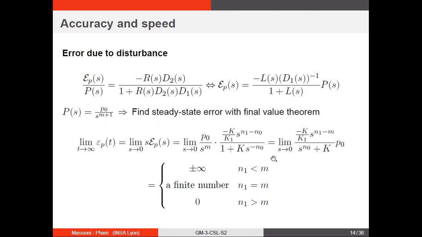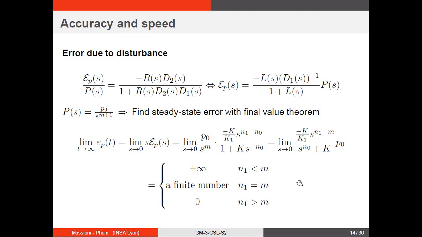And by doing exactly the same computation as before, you can work out the limit, and basically you get that the limit of the error due to the disturbance goes to 0 if the numbers of integrators N1 in D1 is greater than m. You get a finite number if N1 equal m, and an infinite value if N1 is smaller than m, which means